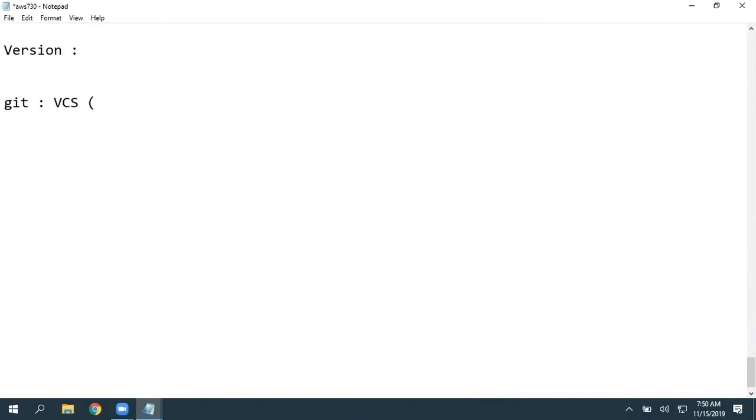But Git is best suitable for your code, programming languages. And you know TFS, Team Foundation Server, or GitHub, Bitbucket, or SVN.